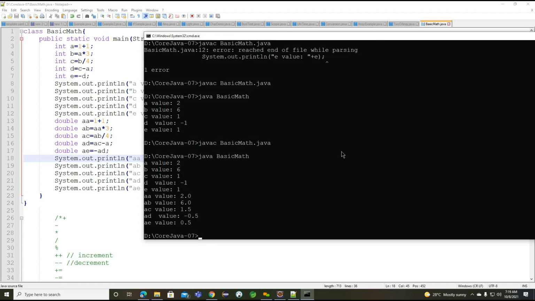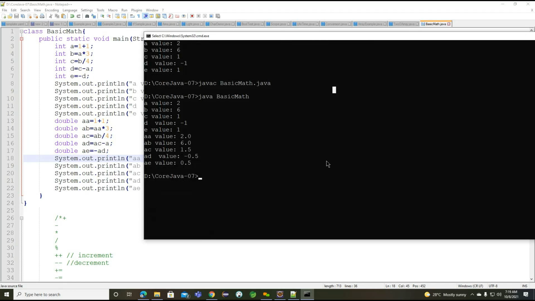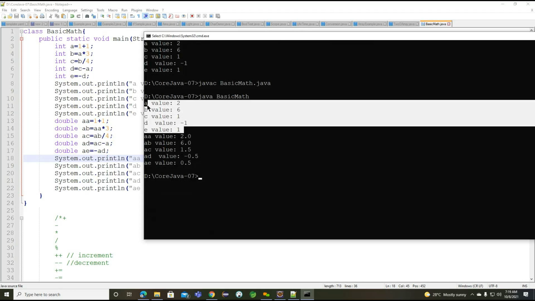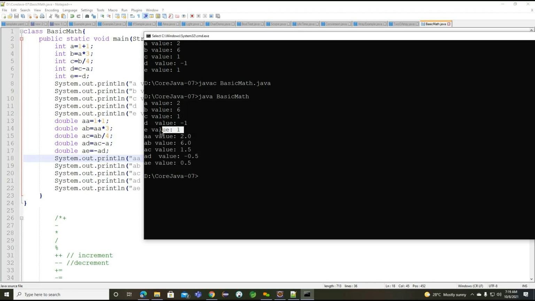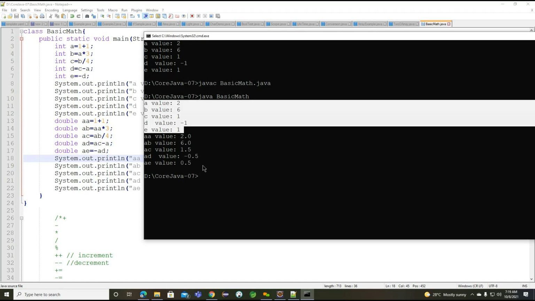So it is compiled successfully. Now I'm executing here. Now you can see. Okay. So far, these are the examples we already identified, the A value. And now you can see the particular double data type values here. Now you can see here we are having 1 A, but here we are getting an approximate value, 0.5 here. So basically this is the correct value, but because of our data type here, we are showing one value.